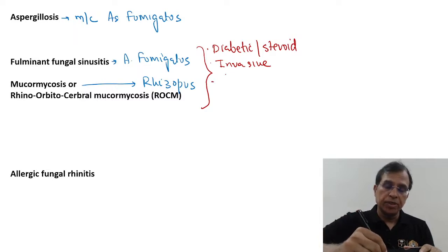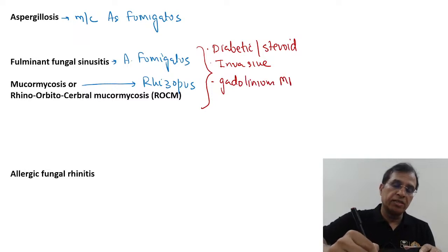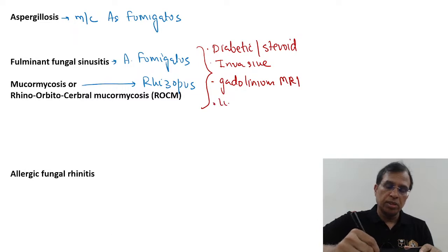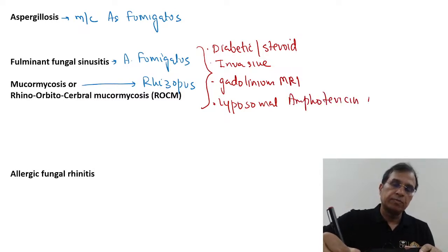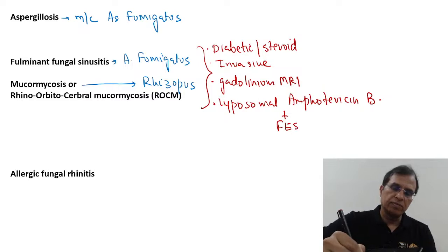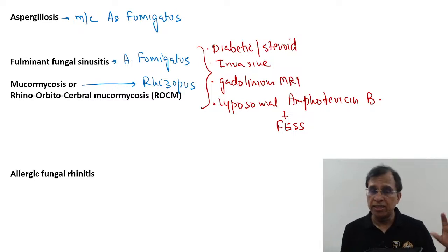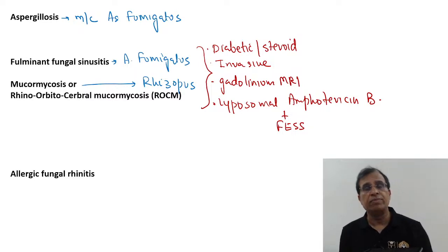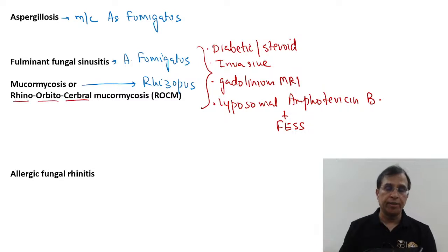And in both, you have to do gadolinium MRI as the investigation of choice. And in both, the treatment of choice is liposomal amphotericin B plus surgery. Surgery is called face surgery. So these two diseases, almost except the name of the fungus, everything else is very similar. Mucormycosis spreads to the nose, to the orbit and the brain. That's why it's also called